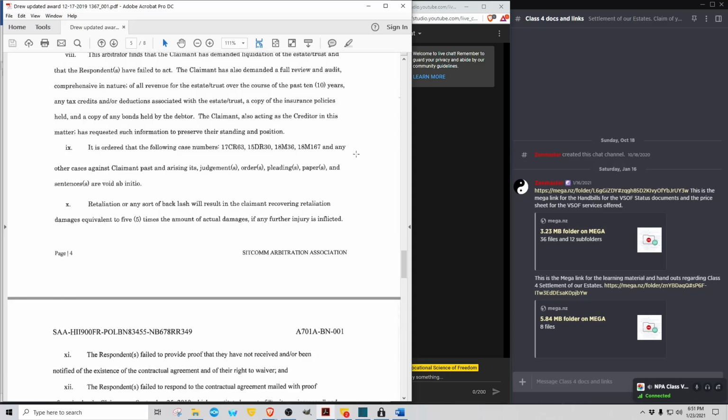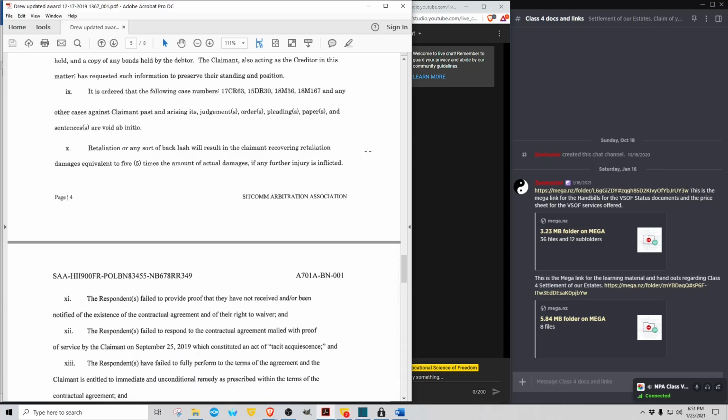Right? So again, give us a full accounting. It is ordered that the following case numbers, and these are all the cases that they had against him,